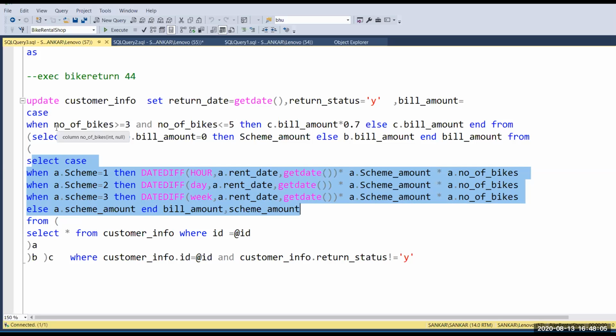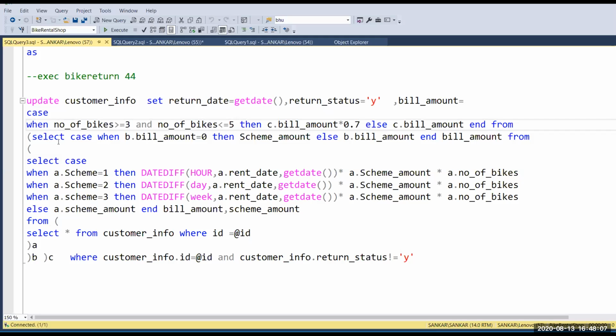Here I'm adding one more logic, because someone chooses a daily basis but returns the bike before the day is complete. In that case the calculation returns 0.